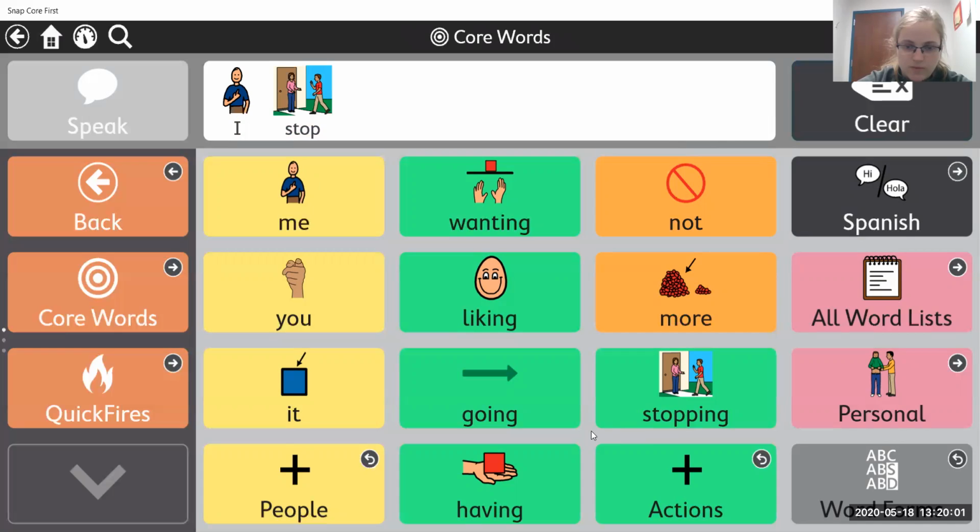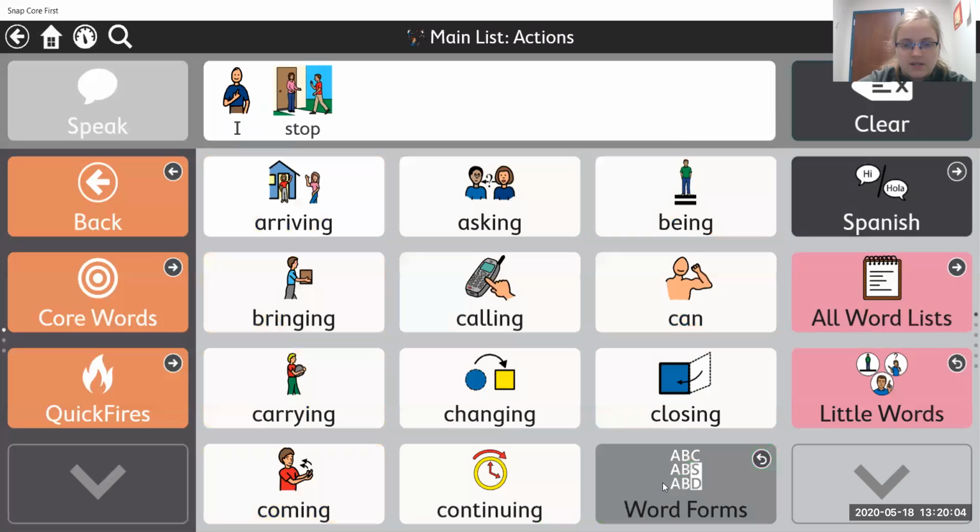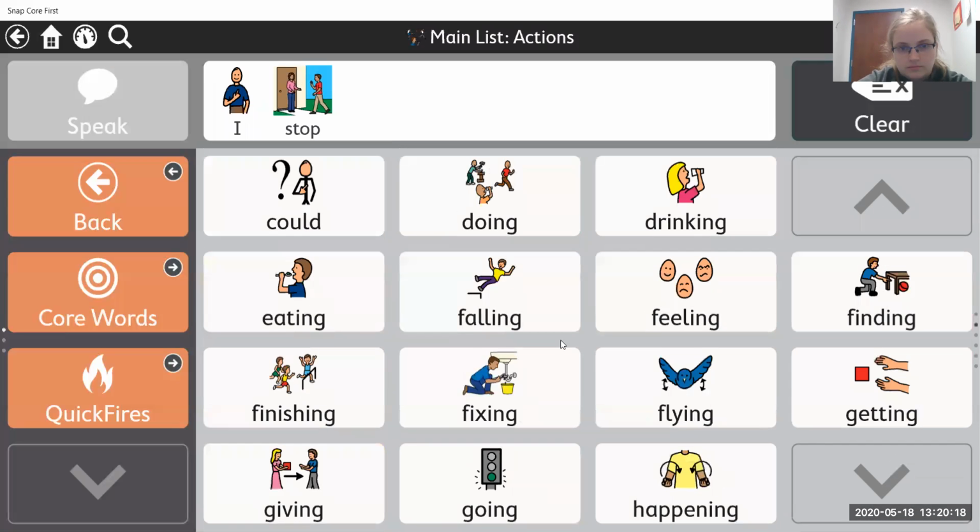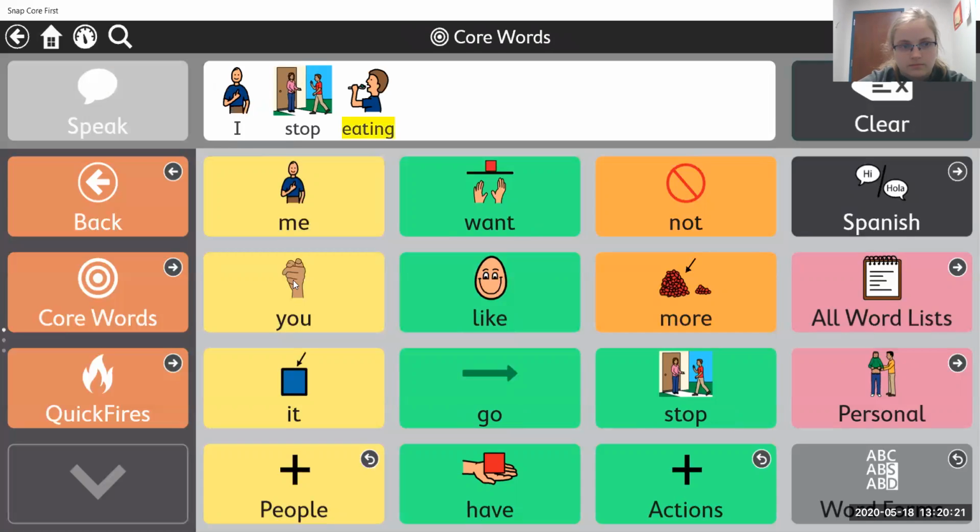Some different things that you might want to stop are playing with a toy, or listening to music. We did talk about that a little bit. Maybe you want to stop eating. I stop eating.